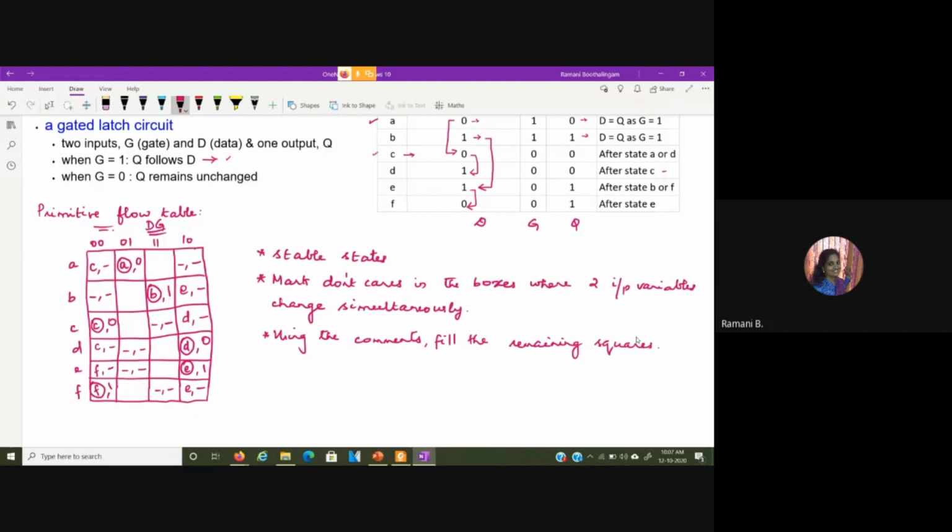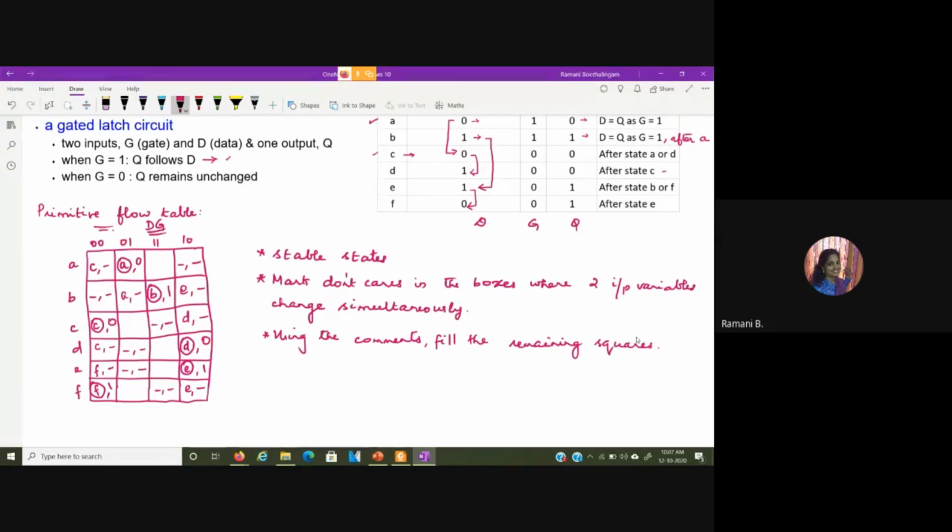Suppose I have the present condition with G equal to 1, if my D value is 1, I will have the output to be 1. If I am changing the input value to 0, I will have the output to be 0. So you can actually give at this place, this can occur after A.